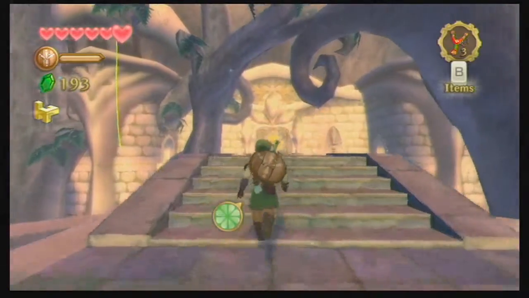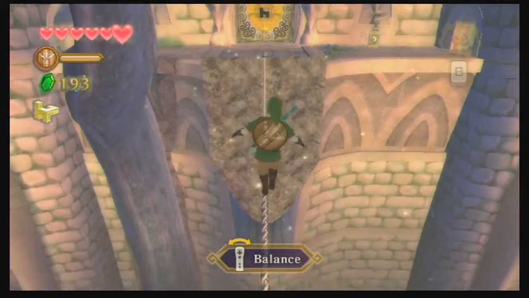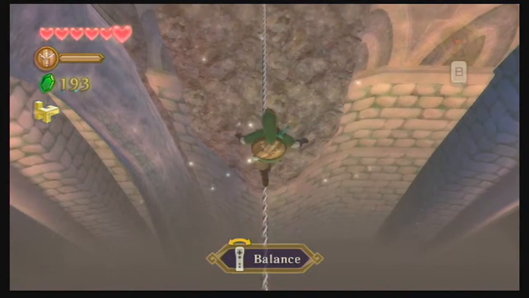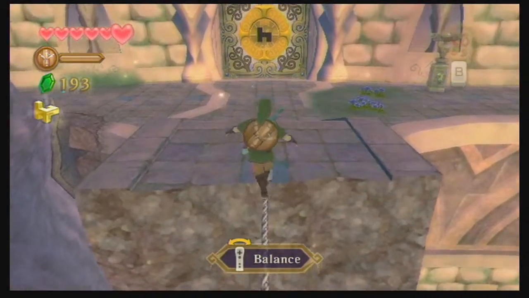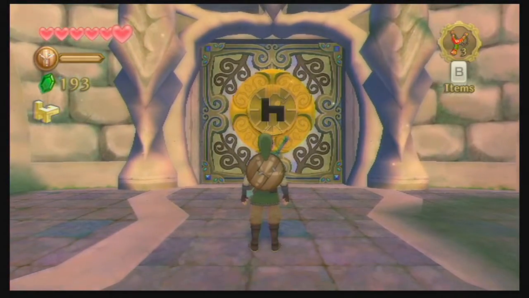Alright, let's go back across. On the tightrope, Link's an acrobat. He's a circus acrobat. He's not a very good circus acrobat. Especially when I'm the one controlling him. Okay. So, we are actually going to explore what this golden carving is and what it does with this door